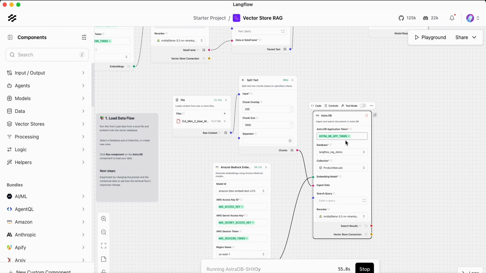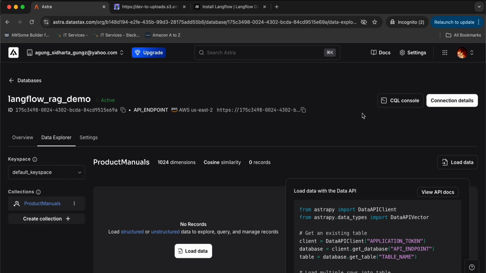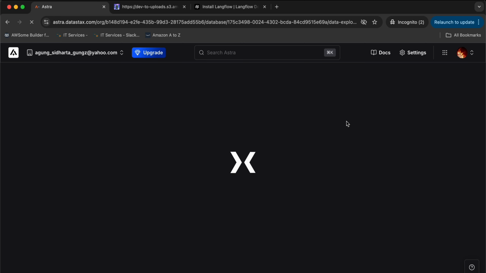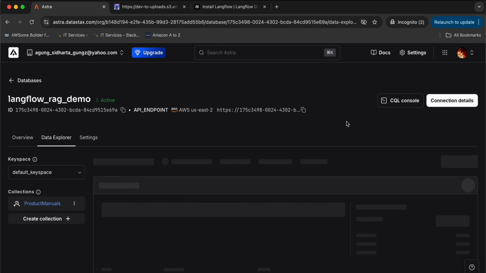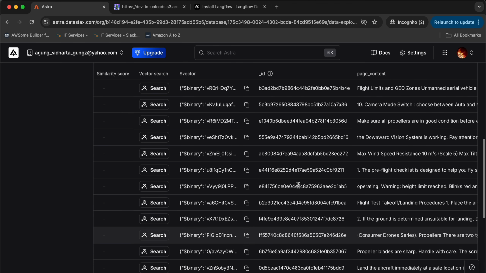So you see that there is this circle. It means that this process of file extraction, splitting, and then using embedding, loading the embedding has been completed, and it's now waiting. This one has completed. The AstraDB has completed. Maybe I will zoom a bit. Yeah, there is the duration in seconds that the process has run. Now, if I go back to the AstraDB, you will see that the database collection has been populated with the content from the PDF.